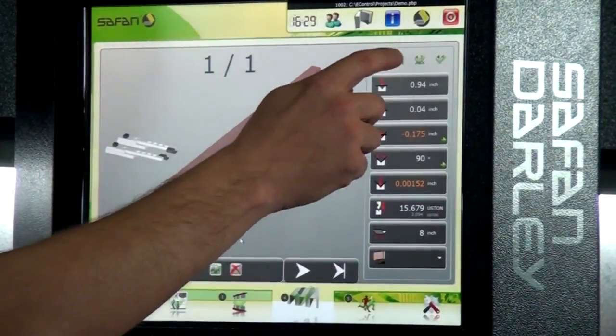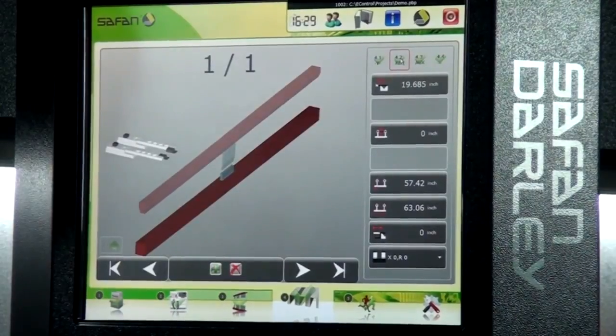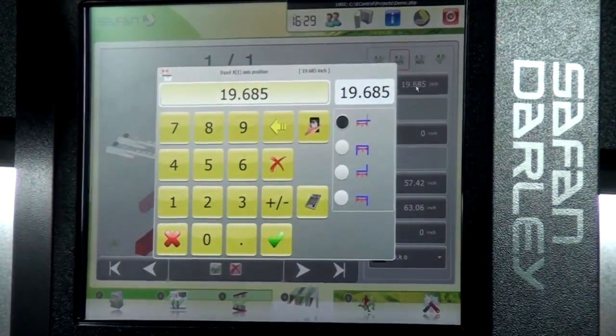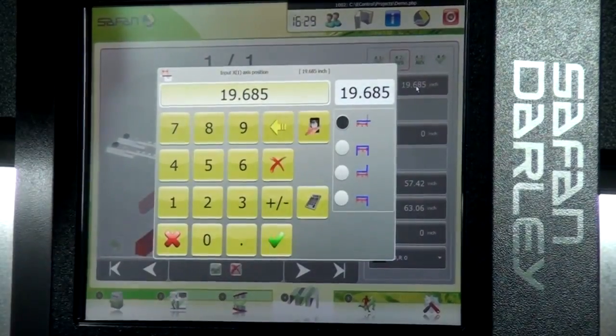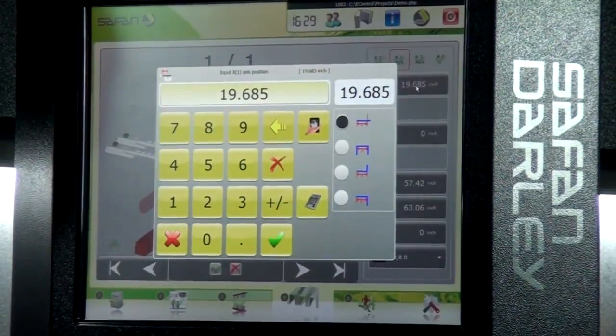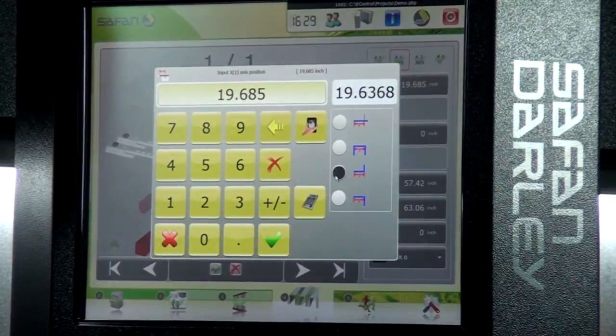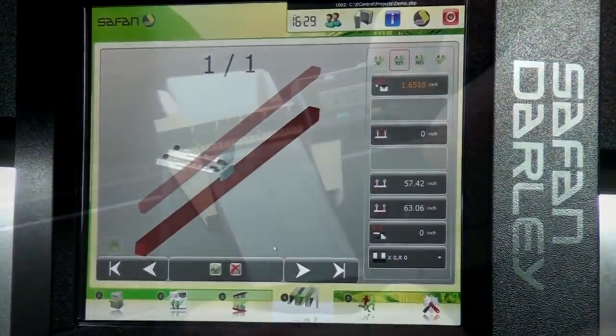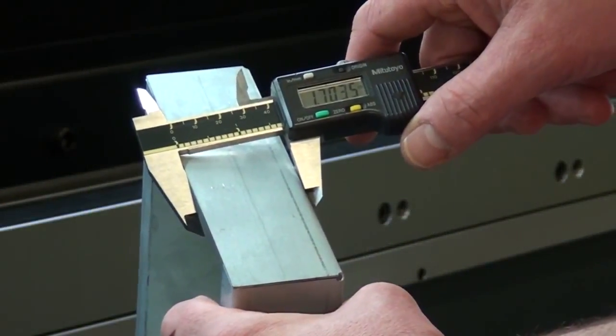And then our XZR menu item is for our back gauge, and we can give it a flange length. We have multiple options for flange length. We can give it the direct bend line. We can tell it to calculate an inside to inside dimension, an outside dimension, or an outside to an inside flange dimension. In this case, we'll just select an outside flange dimension, 1.7 inches, check, and it automatically calculates everything